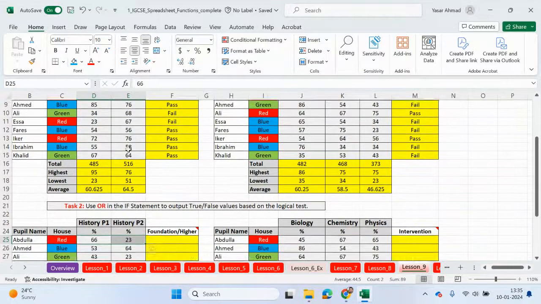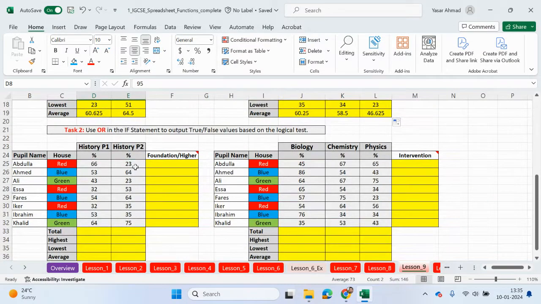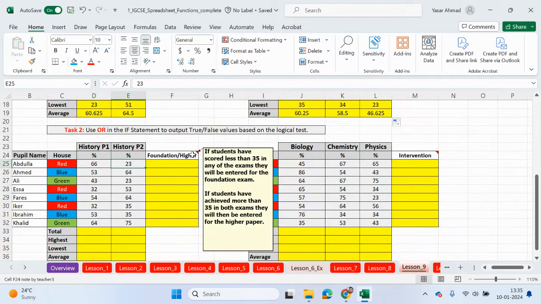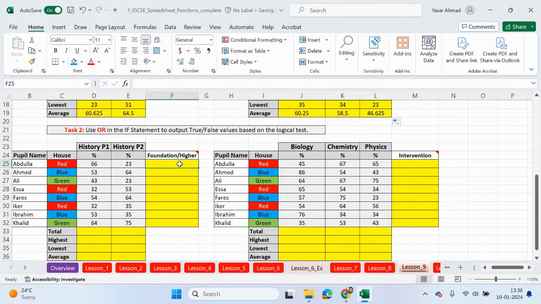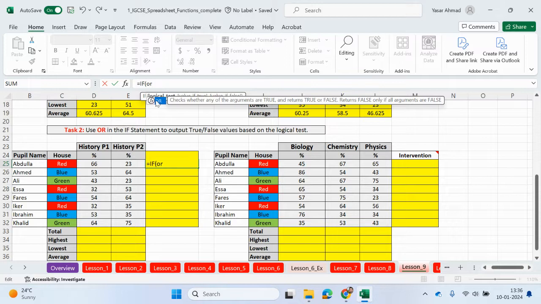With the AND, all of these had to be correct. All of these had to be true. But with the OR, if just one of them is true, then the true statement will be outputted. So foundation or higher. So equals IF, and then type in here OR